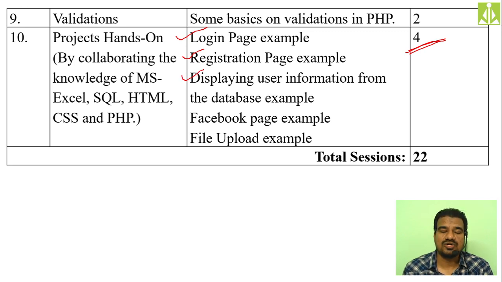We are going to store some users' information like age, salary, address, some records we will create inside a database, and we try to display that database information onto a web page with the help of PHP. Next, the Facebook page example. That is nothing but for every user we are going to have a different type of wall. How do we do that? It is a more realistic, real-time kind of experience you will get when you do these website developments.